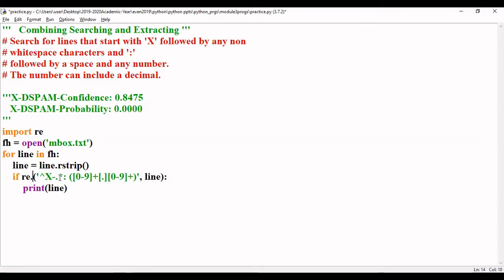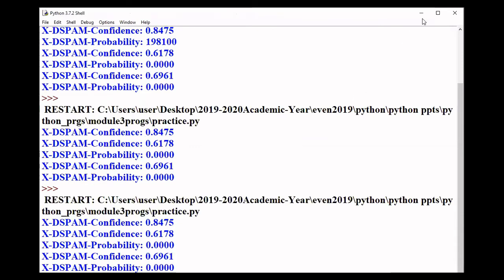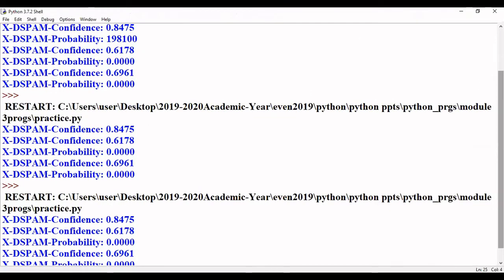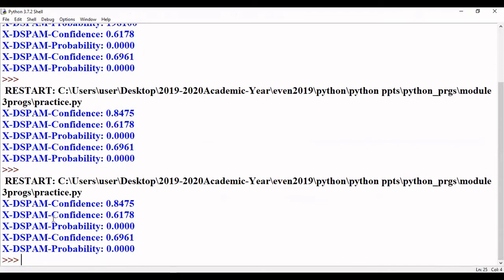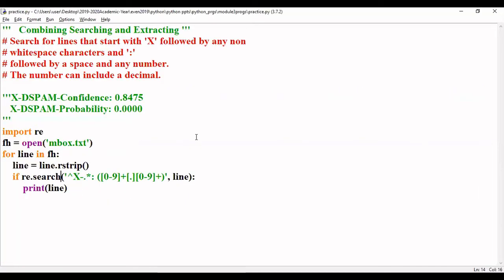Anyway, I would like to show you so that you will come to know the difference. See here, we are not able to find any difference, right? Because we have used search. Search will not extract only floating point numbers. So for that, we must use findall. So if we use findall,